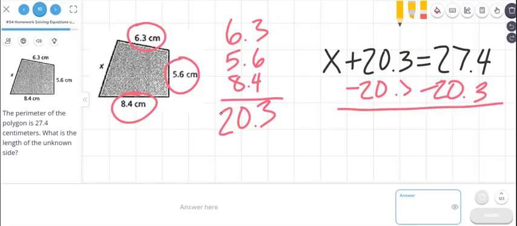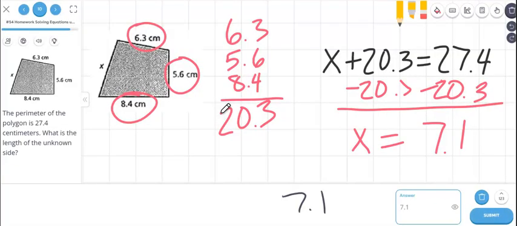So 27.4 minus 20.3, you get 7.1. And there's more positives. So 7.1